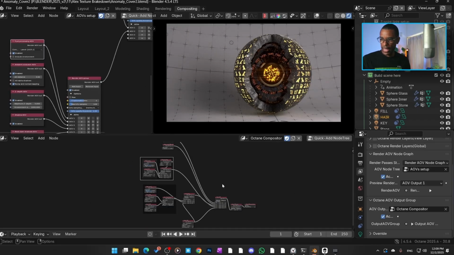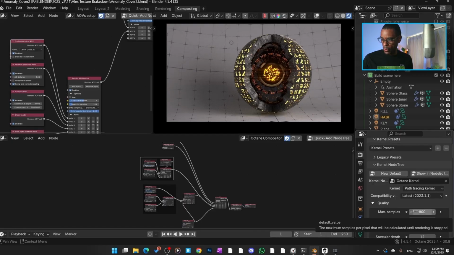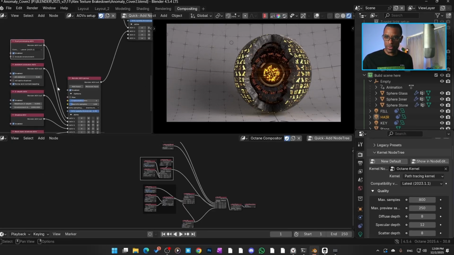All right, now let's go ahead and render this and see what it's going to look like. Again, I might throw a little bit more samples at it. I'm already at 800. We'll see what that looks like when we look at this. Now, what is nice is when I go to render this, it's still going to give me my general render,